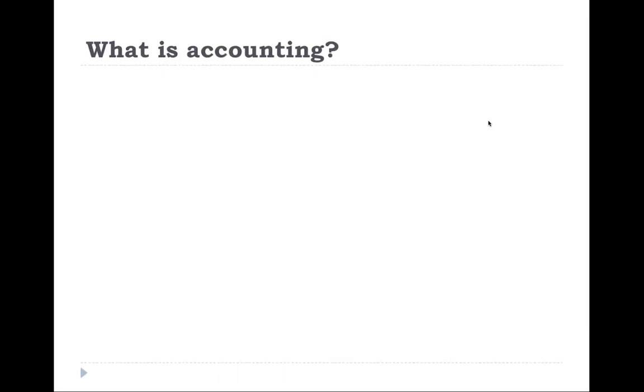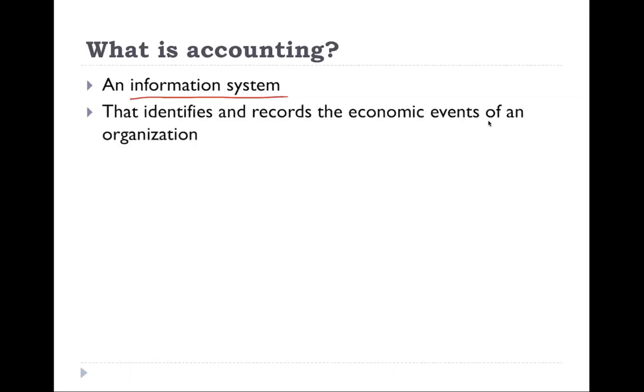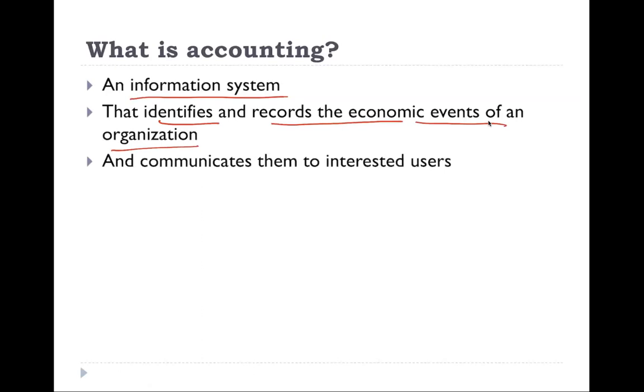Now let's give accounting a more formal definition. It's very similar to what we said, that accounting is the language of business. So what does language do? Language basically communicates information. The purpose of language is that it enables us to communicate information. So similarly, what is accounting? Accounting is, first of all, an information system, and it enables the firm to communicate information about its business. It is an information system that identifies and records the economic events of our organization and communicates them